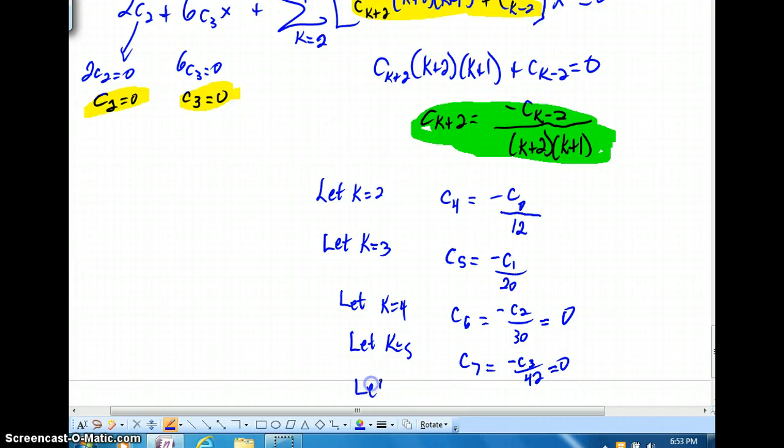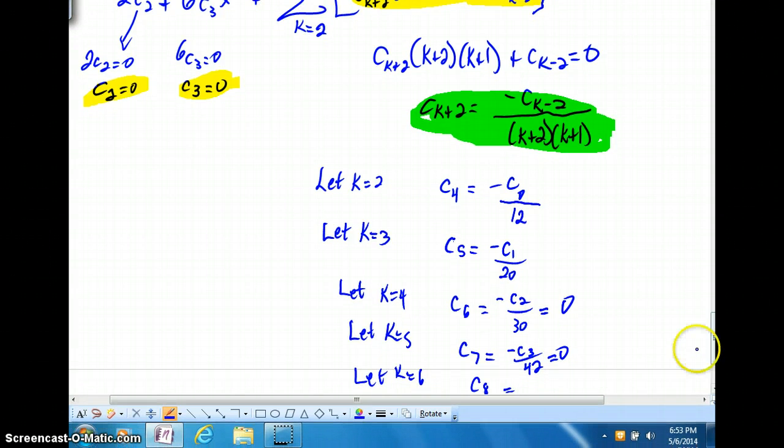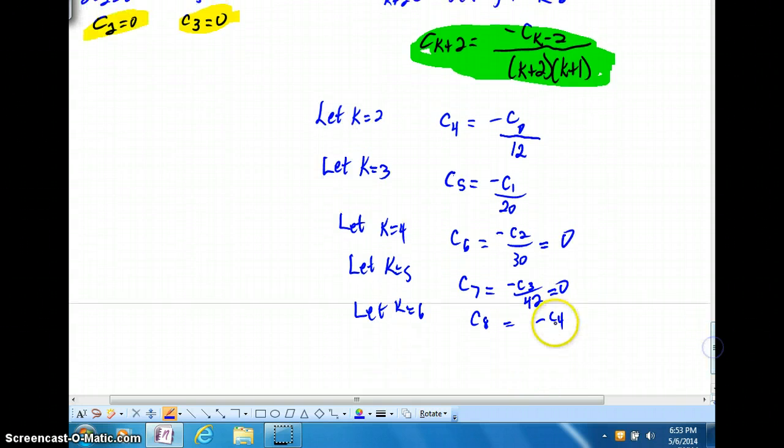Oh, what if we let k equal 6? We'd have c sub 8. And 6 minus 2 is 4, so we'd get negative c sub 4. And down below we'd have 6 plus 2 is 8, 6 plus 1 is 7, that's